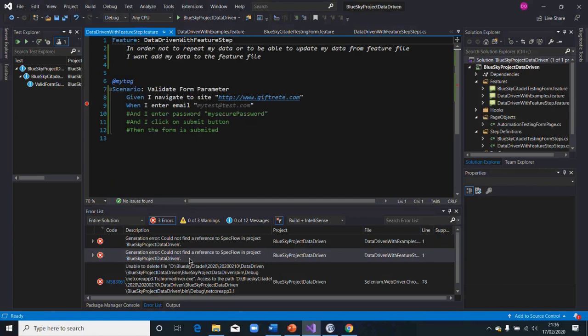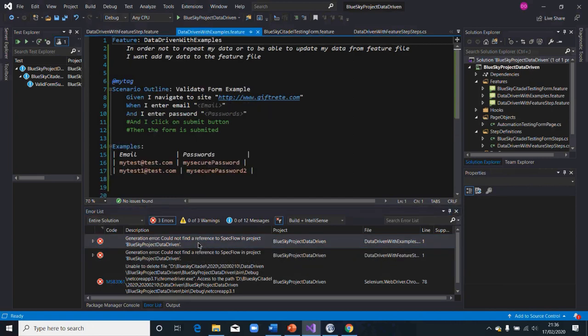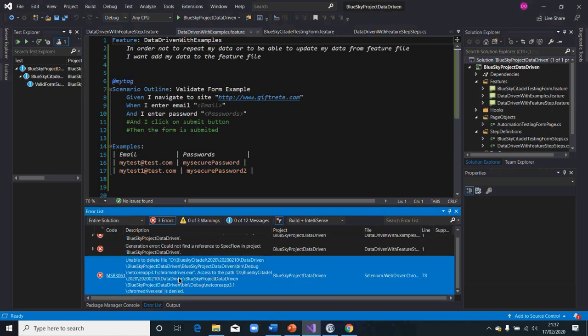Okay, not this one. Alright, so the first one is I'm unable to delete. We need to resolve this one first. So unable to delete my